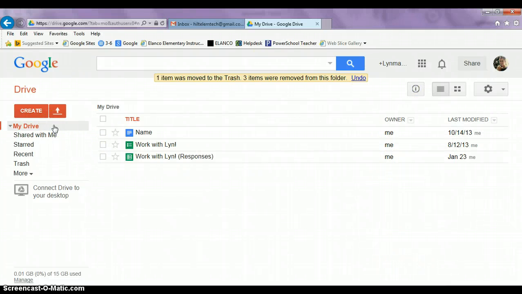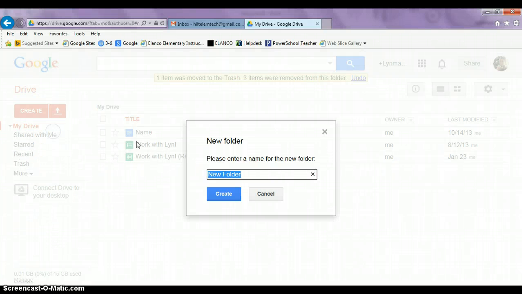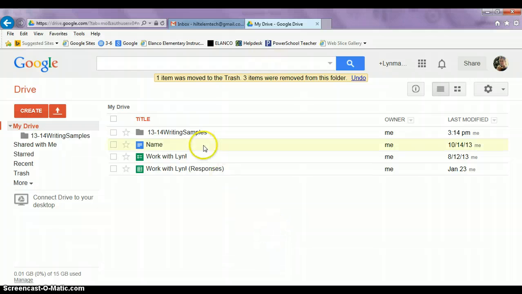So my first suggested step in organizing the writing samples is to create a folder where you will hold all of the students' folders. So go to your red Create button, click Folder, and type the name of the overall folder you're going to use, something like 13-14 writing samples, and then click Create,